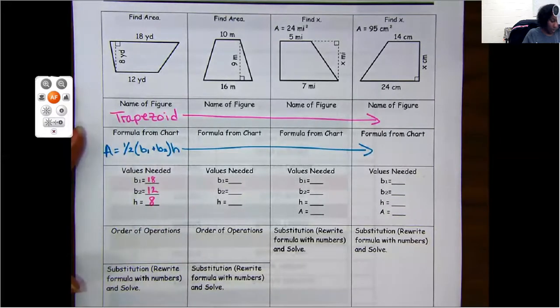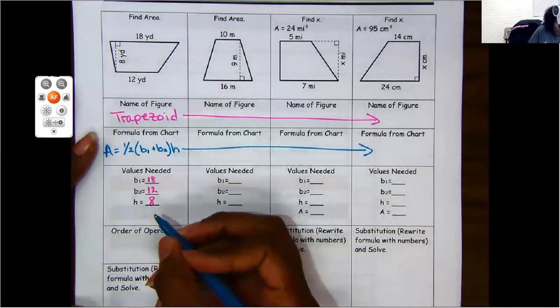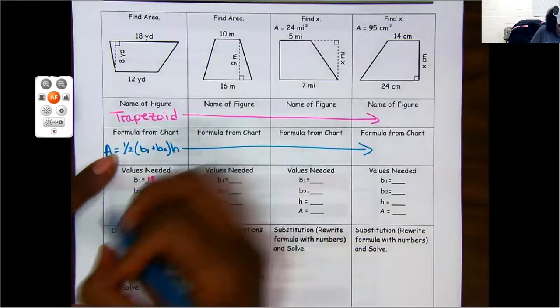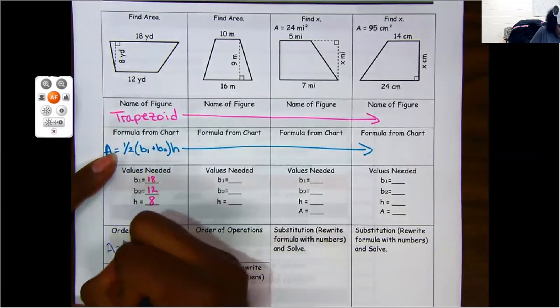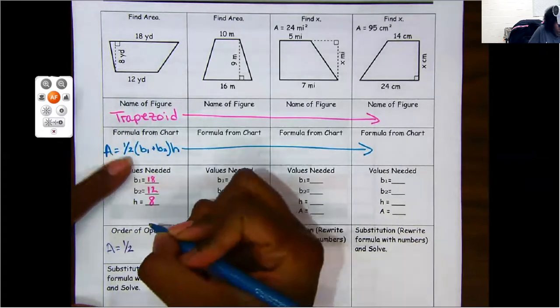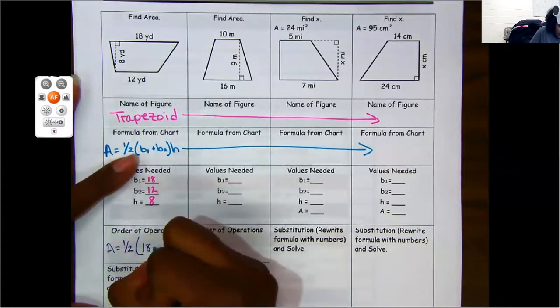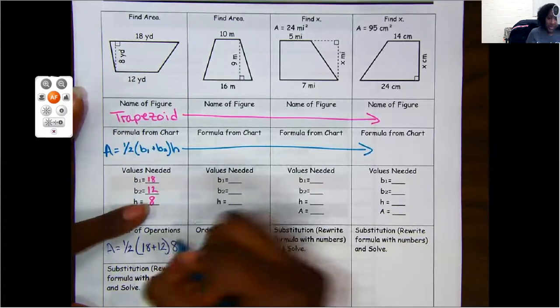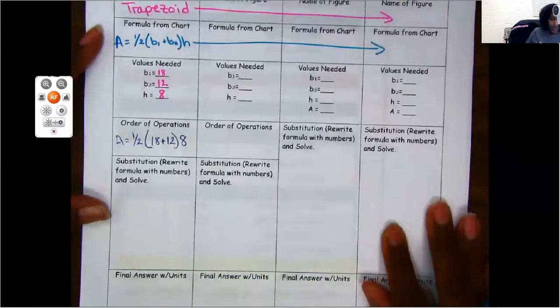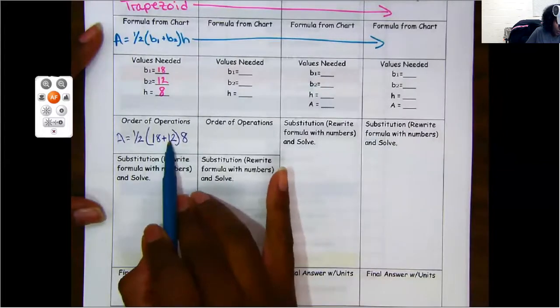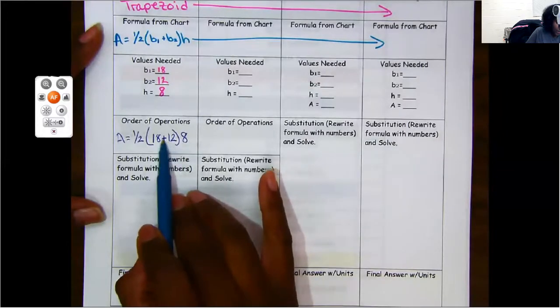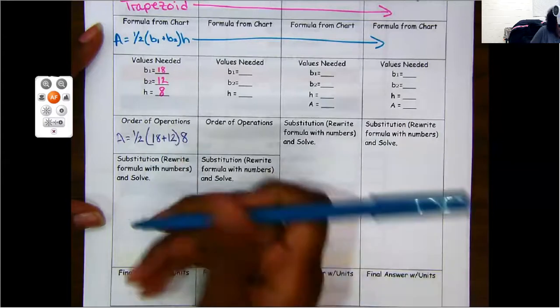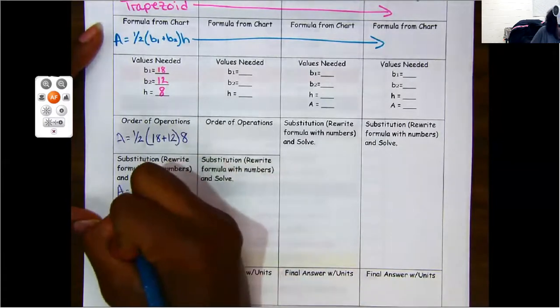Let's do our replacement of our numbers. We have area equals half of 18 plus 12, and that's going to be times 8. If we substitute this, 18 plus 12 gives us what? 30. So half of